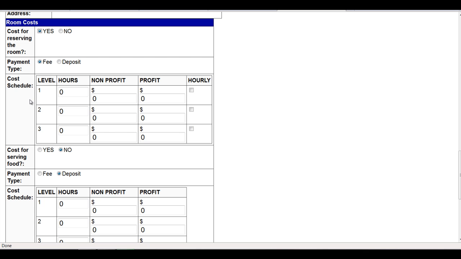Down below, we have our cost schedule, the option to set up 3 different levels. There could already be some conditions that you've already set up in your system setup, such as nobody's allowed to book a room more than 2 hours. Someone who's a nonprofit organization may not be able to book this room. You may have already set those conditions. However, we do have the option to set up some things, but those conditions would overwrite anything that we set